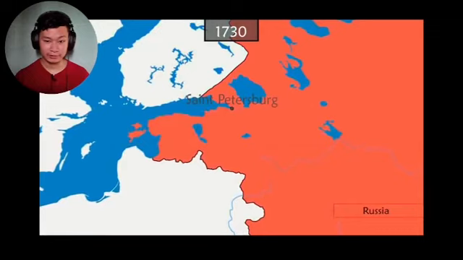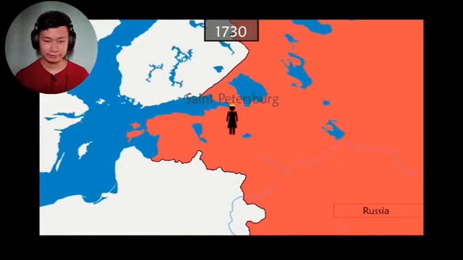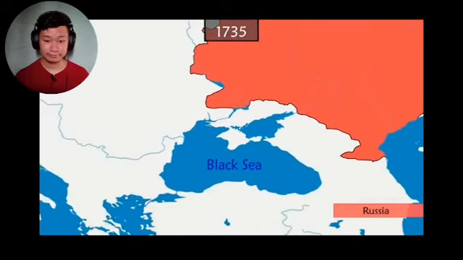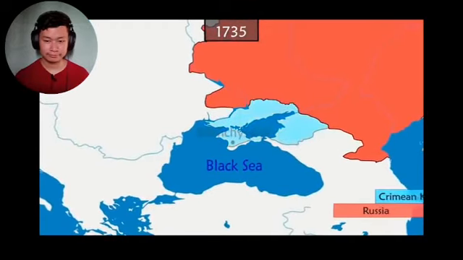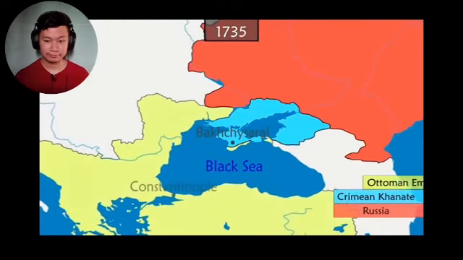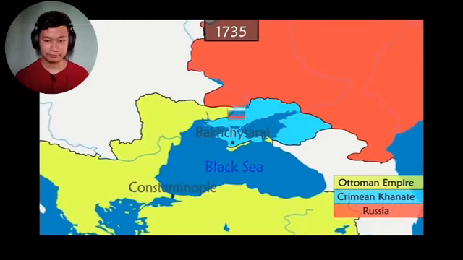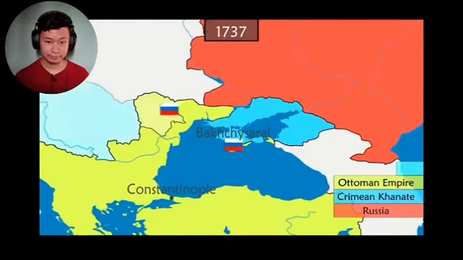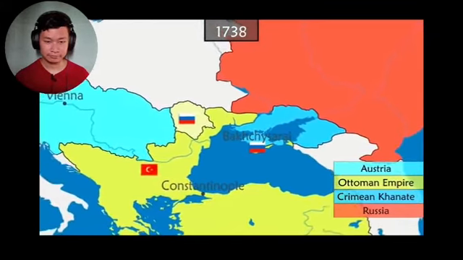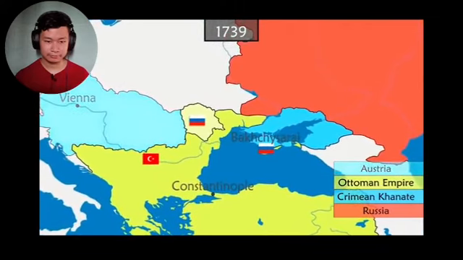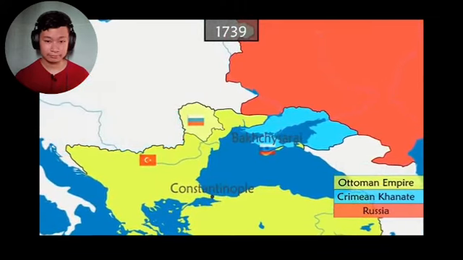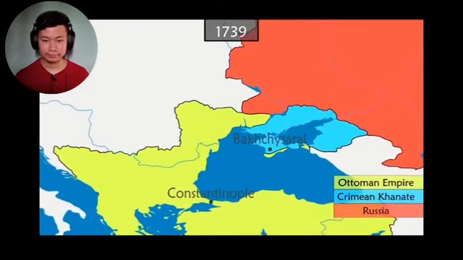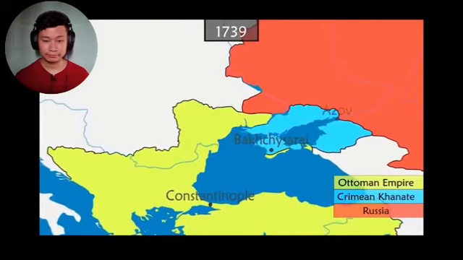In 1730, Anna, Peter's niece, becomes the empress. She dreams of having access to the Black Sea. But for this to happen, the Crimean Khanate and its powerful Ottoman ally must be defeated. A Russian army enters Crimea, and a second one into Moldavia. Austria joins the offensive, but without success. Fearing that it could turn out badly, the Russian armies withdraw, and despite the heavy losses incurred, Russia cedes back the conquered territories, except for the city of Azov.